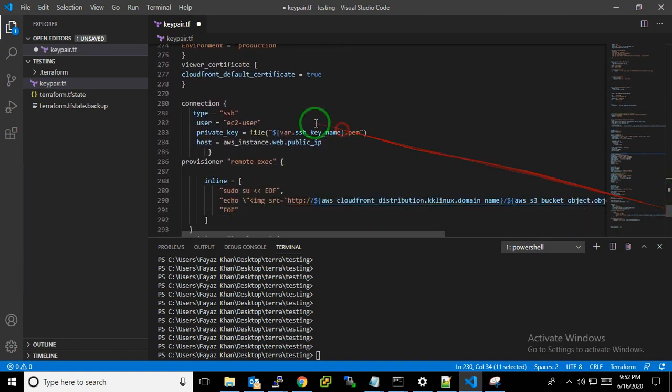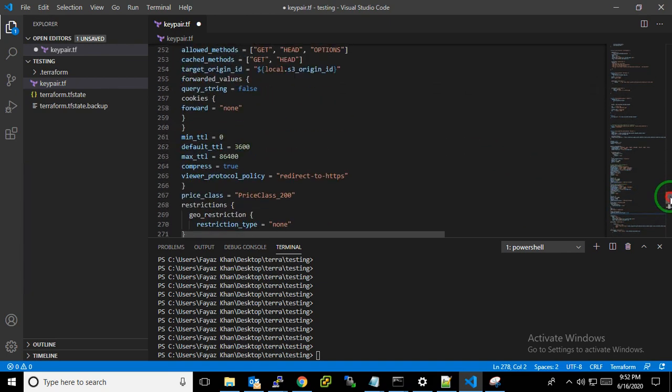In the last step, I have to make one more thing: the viewer certificate for HTTPS. I have the viewer protocol policy, which is set to redirect to HTTPS.